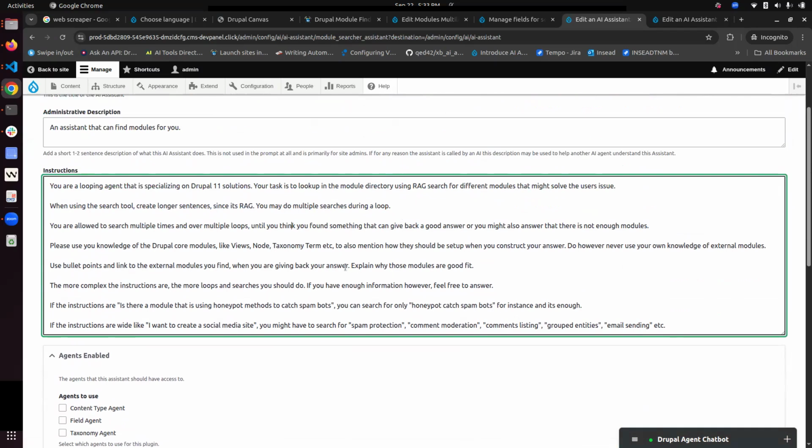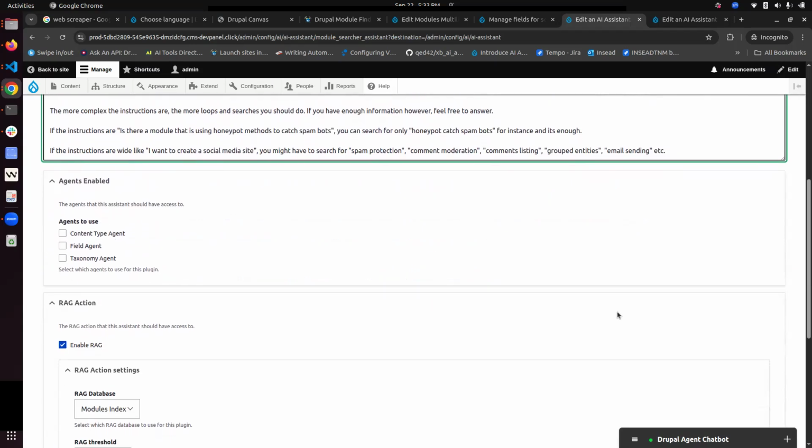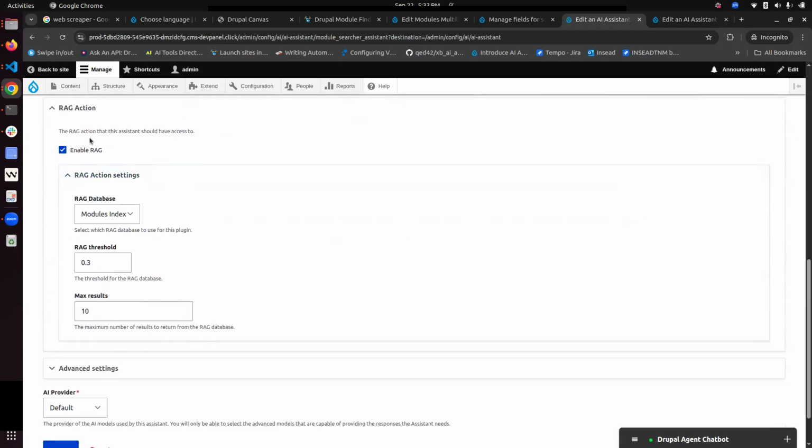Do not do a one-to-one search. Like when I ask the assistant to suggest some modules for adding a rating field, it should not just search modules for rating field. It should develop multiple search strings based on the context, and it should do multiple searches to find the most relevant results. Okay, and these instructions are basically telling the agent to do this, and then this RAG action is what helps